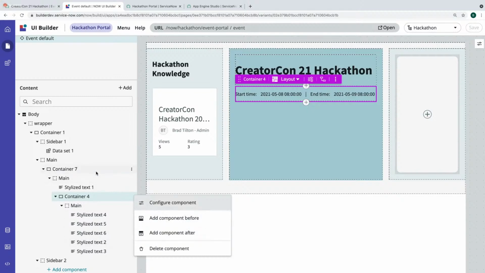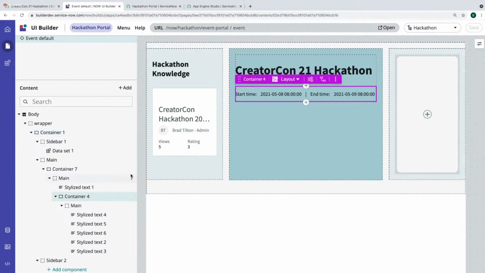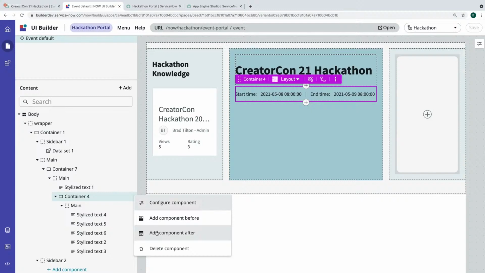You can do it from the content tree on the left here, or you can click on the little plus signs. I pretty much always use the content tree because I know exactly where I'm adding something. You know for sure which one, because the little plus signs for the bottom of the one you're at and the bottom of the container holding that one are going to be in the same spot on the screen. If you look, this is 5 components, and one of them is this tiny one. There's all these little plus signs. It's hard to use. So I pretty much always go on the left here, and I can tell it exactly where I want it to be.